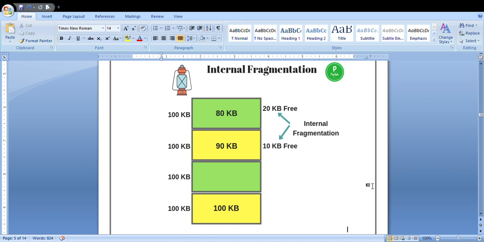Whenever a new process or program enters, the operating system searches for the largest hole to allocate that process or program. Since the operating system keeps track of the holes, if there is any free space available, you can slice that memory location and allocate it to a further process or program. That is internal fragmentation.